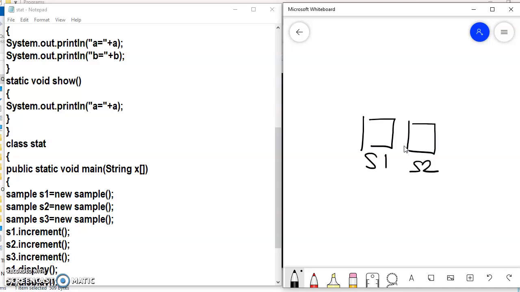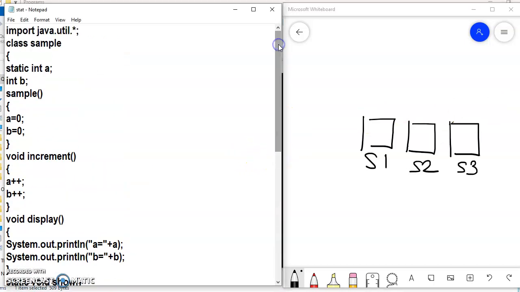And when I create object S3, it will create one more block and the name of the block is S3, as the name of the object is S3. As far as static data member is concerned, as we all know, only one copy of static data member is created. So only one copy of A is created. So there is only one A and it is shared by all the objects of a class.